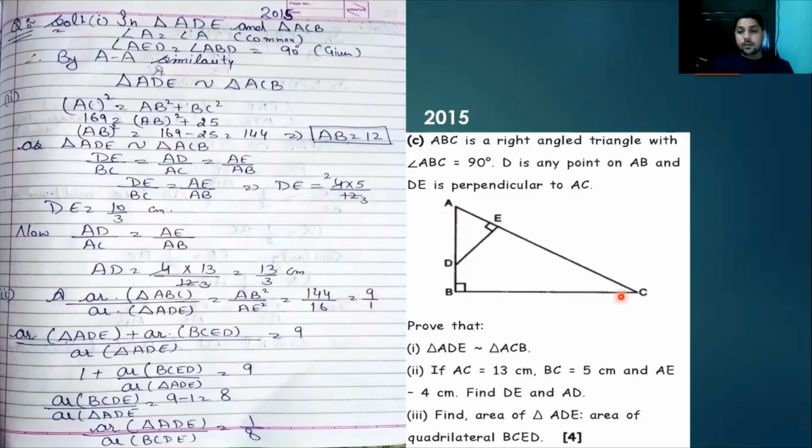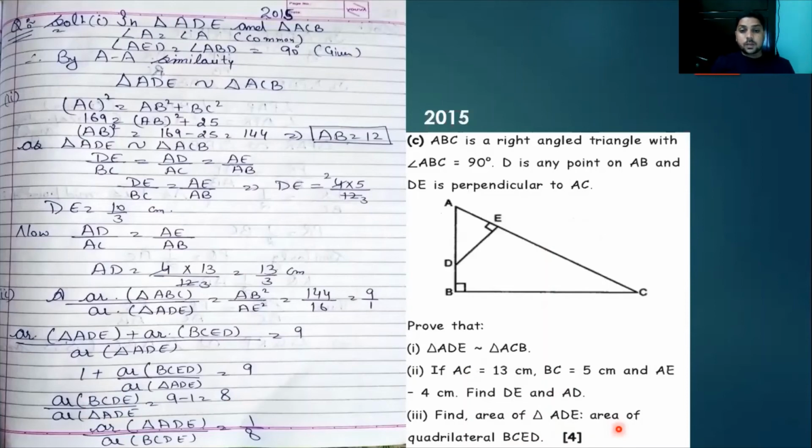Now for the larger triangle, we can write it as the area of the smaller triangle plus the area of the quadrilateral. So the area of the larger triangle ABC can be written as the area of ADE plus the area of the quadrilateral. Dividing it by ADE, we have this equal to 1 plus the ratio. Take 1 on the other side. We have the ratio of quadrilateral BCED upon triangle ADE equal to 8. So inverting it, we have the required answer that we want.